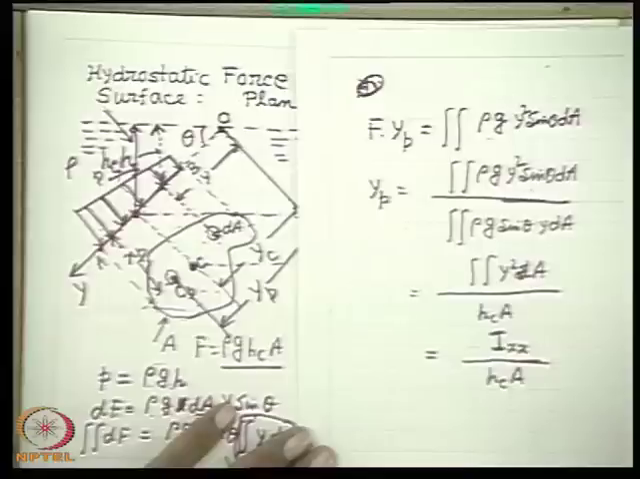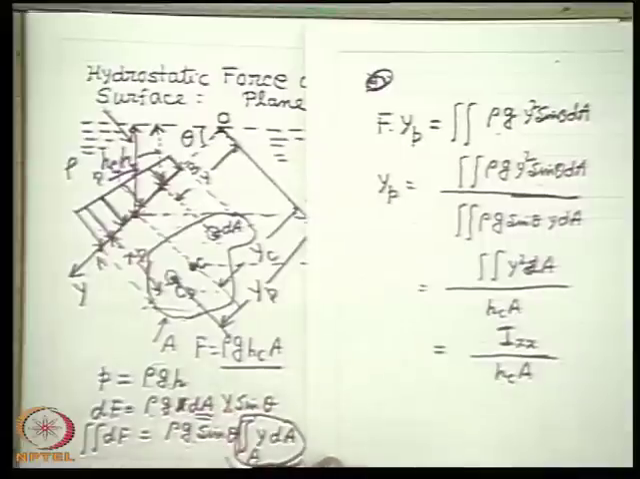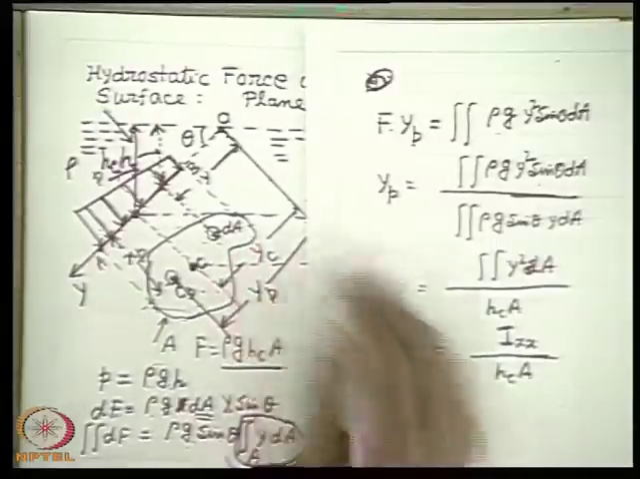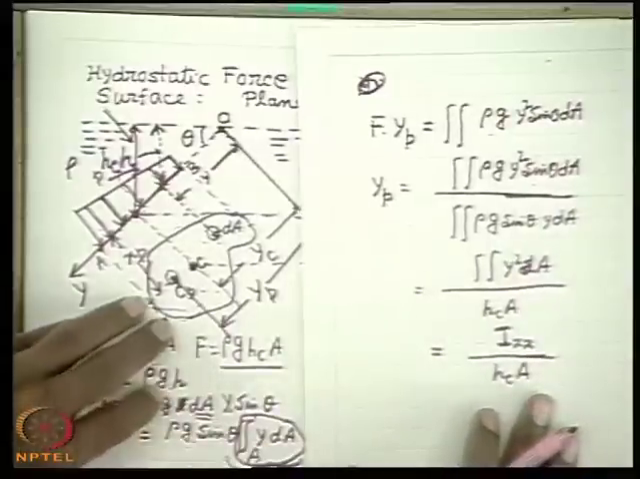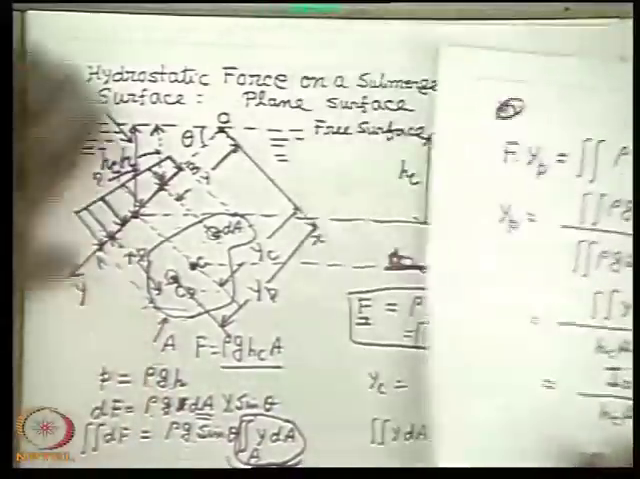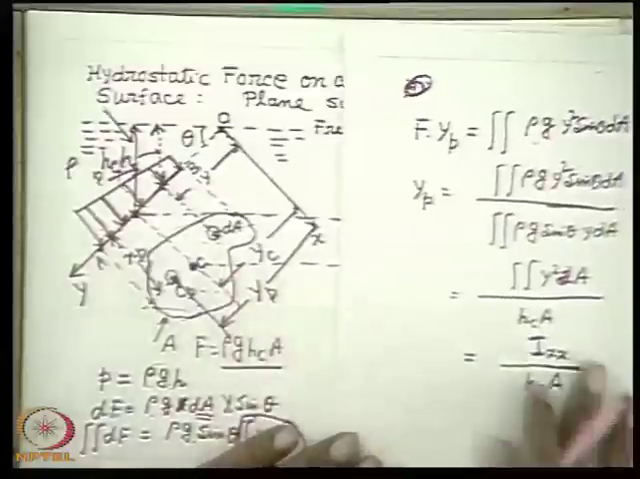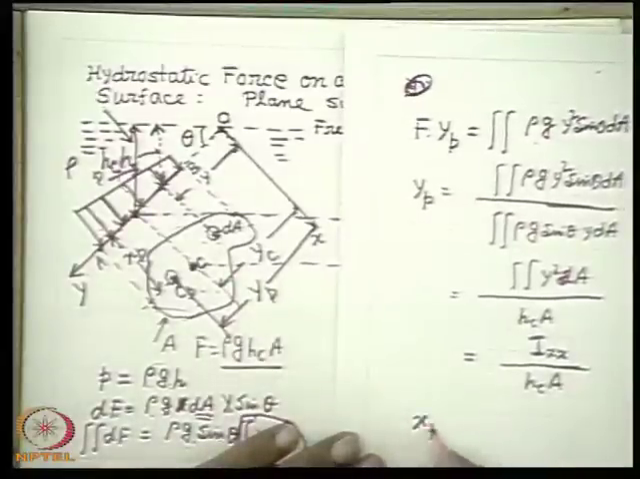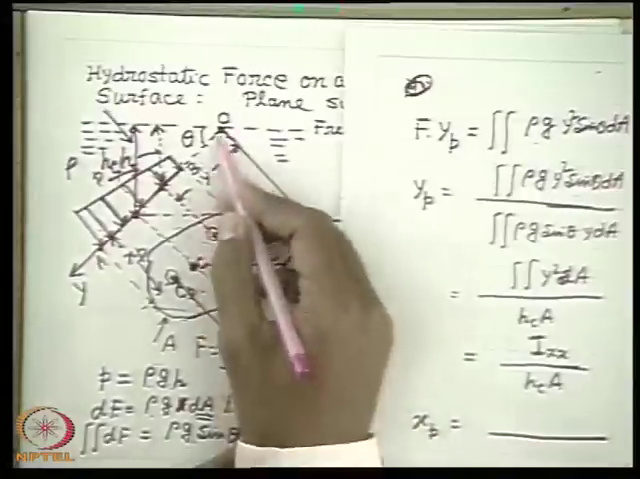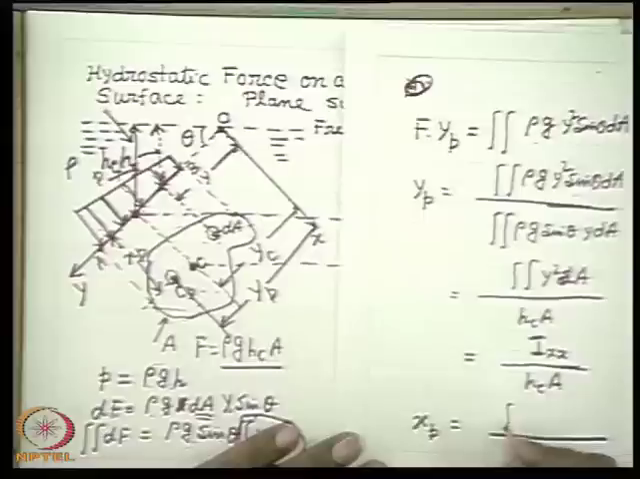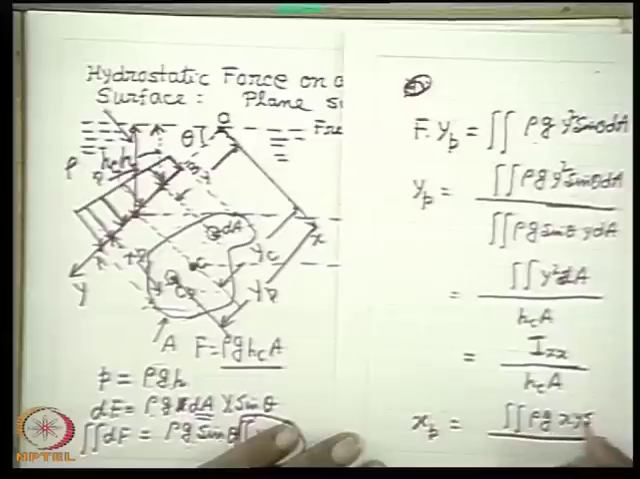Is there any problem? No problem. Okay. Now what we do is that this can be replaced by the parallel axis theorem, but before that let me do the x one. So what will be the x component? Now if we want to find xp, we can take the moment in a similar way about the y axis. That means this will be simply the integral of rho g x y sin theta dA,